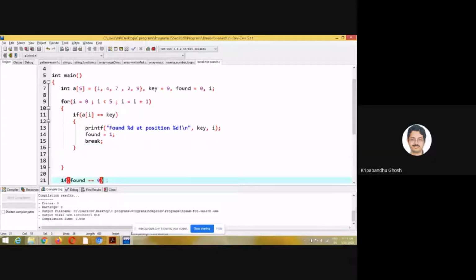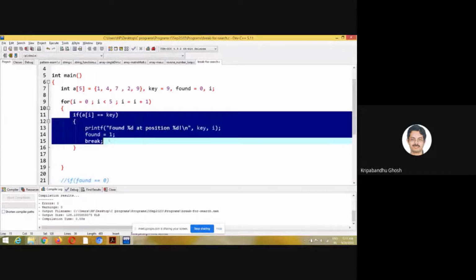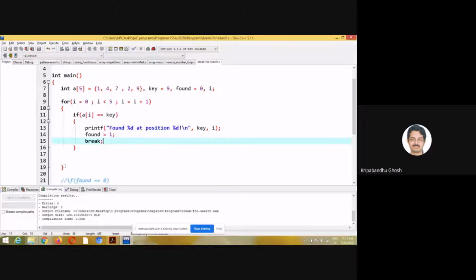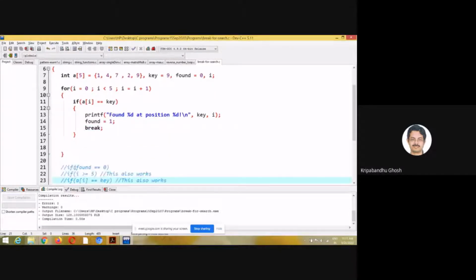So what will happen if this condition is false? This condition will never be true, so there won't be any break. Then the loop will continue as long as this condition is true. When it becomes false, that is when I becomes 5, it will come out.